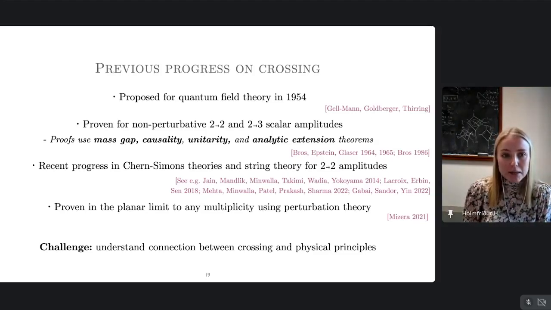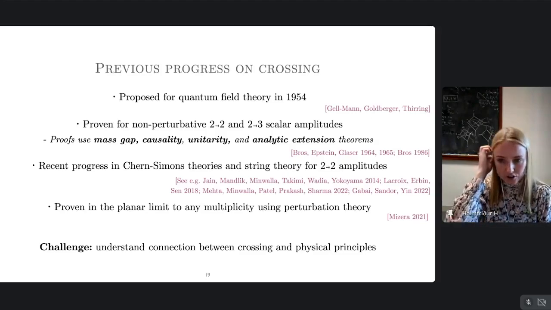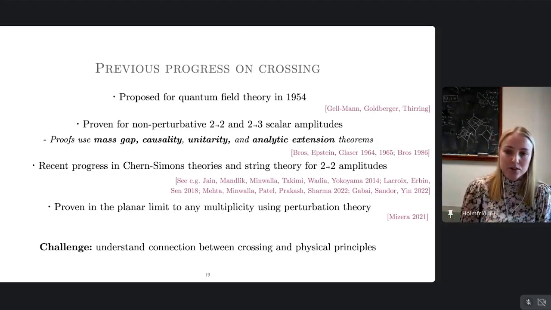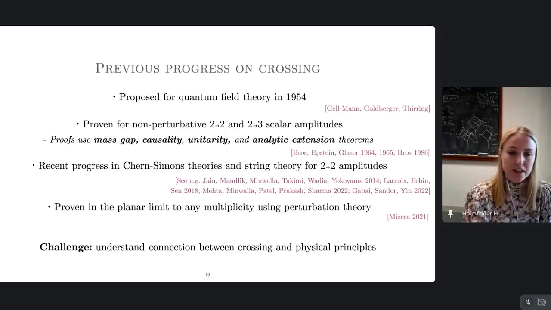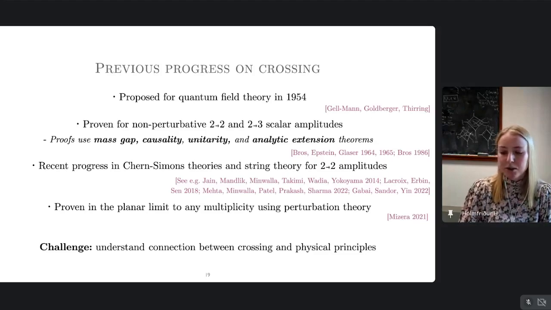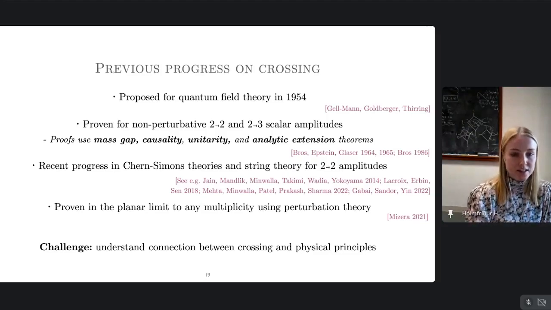But then, very importantly, there is a part of the proof that uses so-called analytic extension theorems, meaning that they use theorems that hold for any analytic functions, not specifically for scattering amplitudes and not specifically for amplitudes satisfying any physical principle. So they're very challenging, because in this last step they don't assume anything except that the function is analytic in some region. So that's actually one of the interesting points that we're trying to work on now: how can we input physical principles to gain some better handle on crossing symmetry, which is this last point.